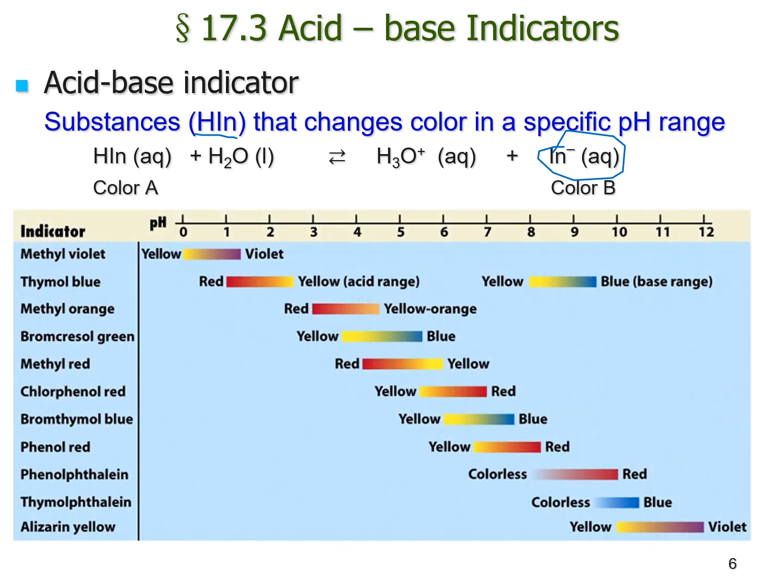So far we have many indicators. A lot of fancy names right there. And I just want to point out that the most common indicator that we use in our lab is phenolphthalein. As you can see, the color changes to pink right here when pH is somewhere between 8 and 9. So it's a little bit past 7, but that is still accurate enough for us to call the end of the titration. This is something we're going to discuss a little bit more in our next chapter when we talk about the titration curve.